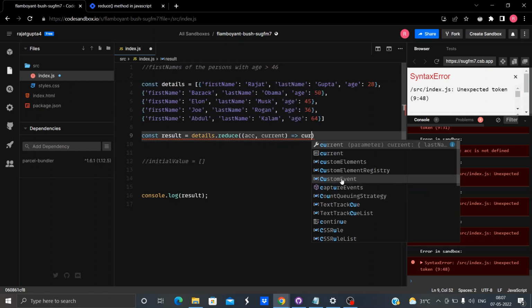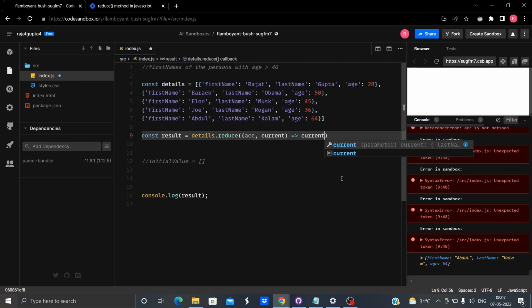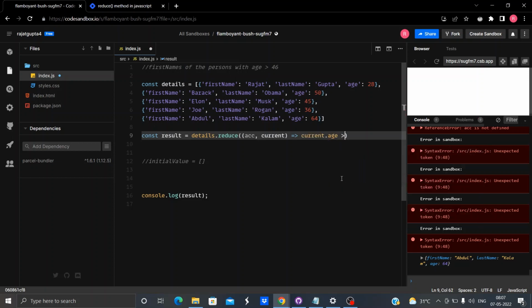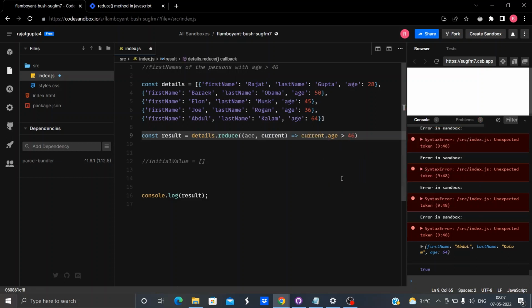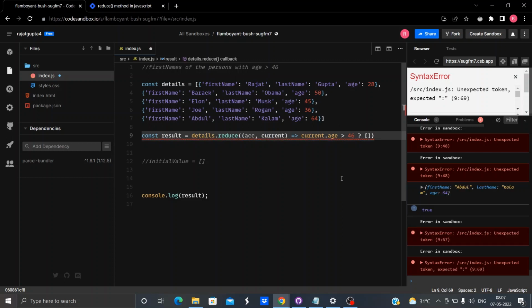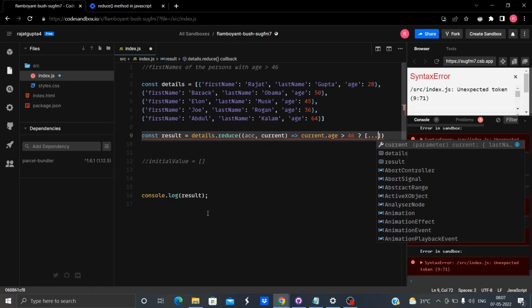So we'll check, is current dot age greater than 46? If it is greater than 46, then do something. Do what? Since this is our initial value, it will be equal to accumulator.